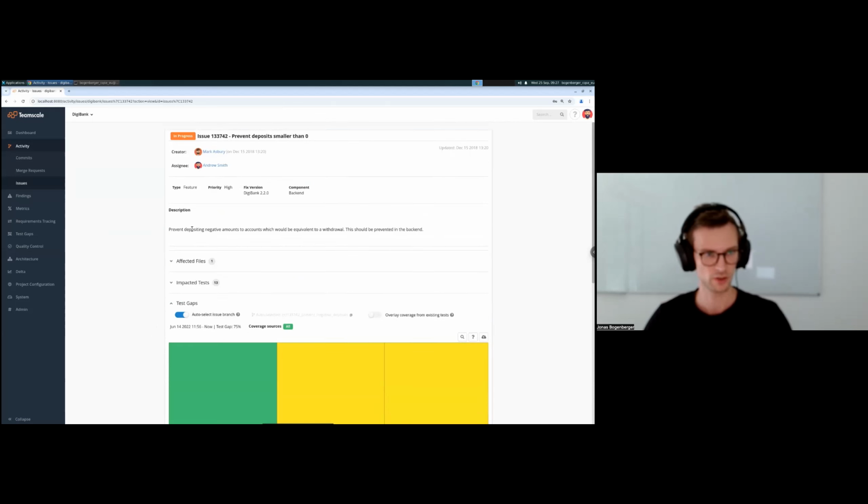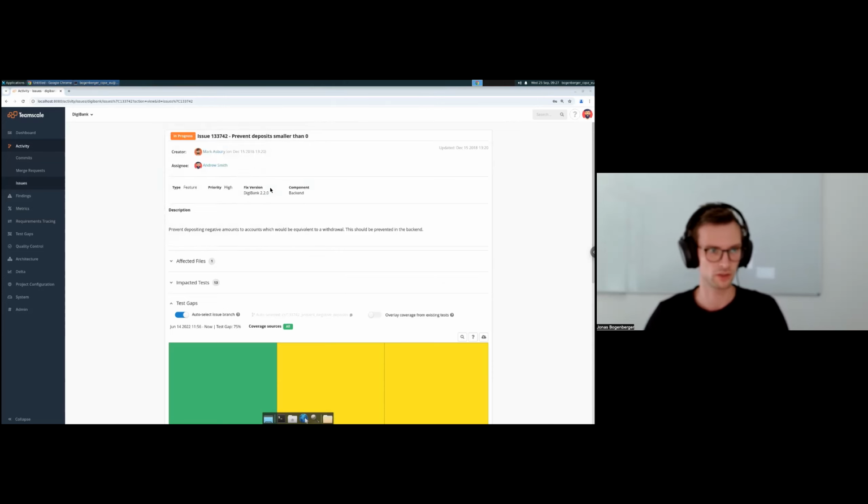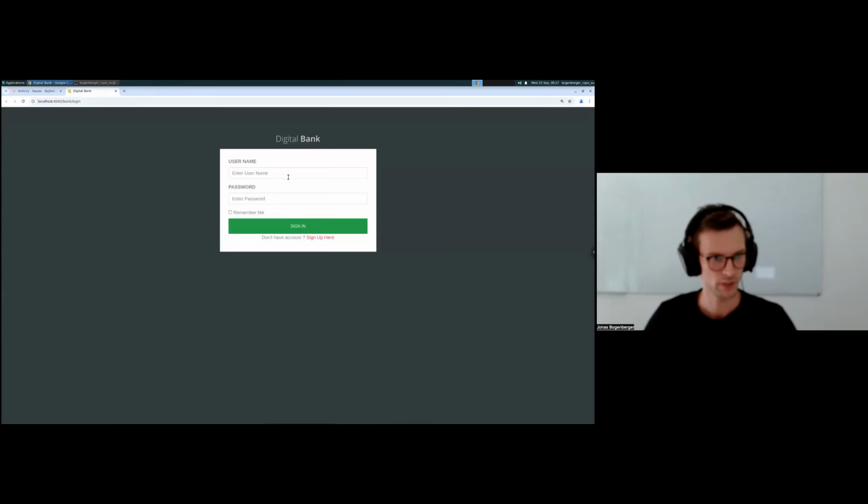Okay, so this specific issue is about preventing depositing negative amounts to bank accounts, because that would be equivalent to a withdrawal. And we obviously don't want that. And to test this, we want to conduct a manual test. And for that purpose, I'm going to start up a test instance of DigiBank using this little script. And actually running together with,